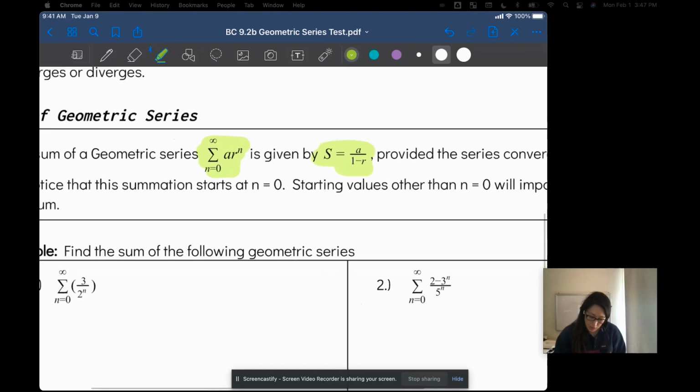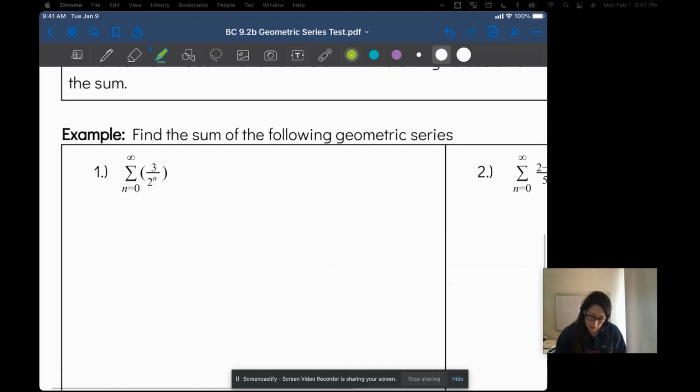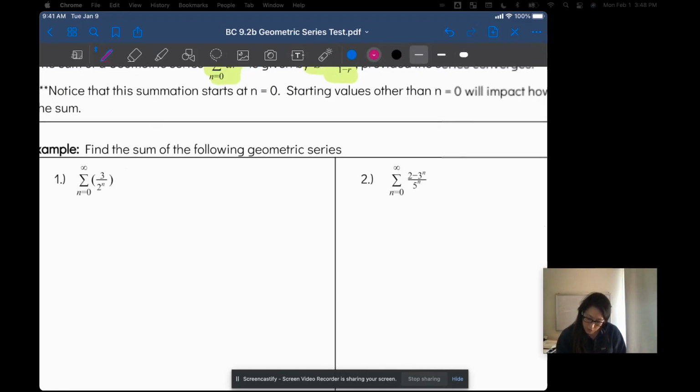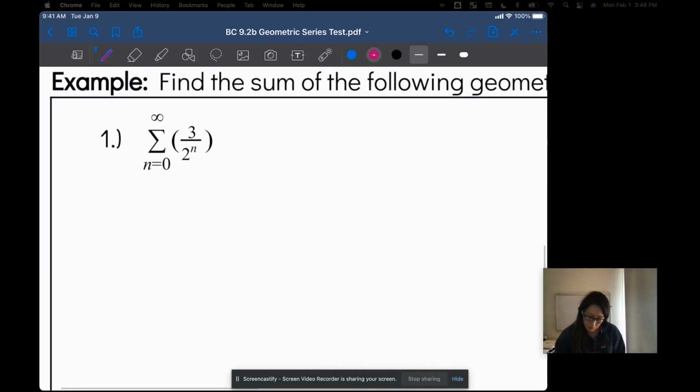So the series here, we can actually figure out the sum. Okay, we know it equals a over 1 minus r. So all we need to do is figure out what our initial term is and what our r value is, and then do some math. Okay, I mean, we're always doing the math. So we got